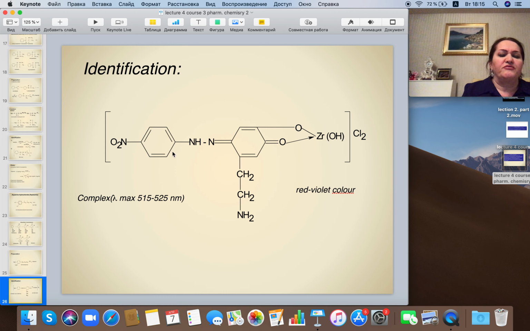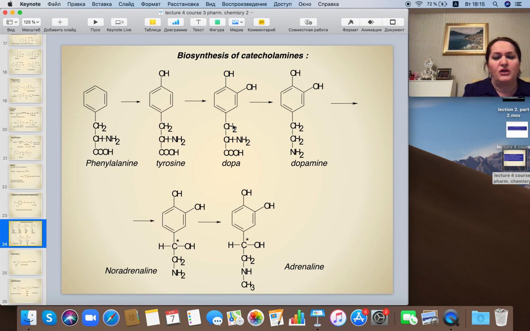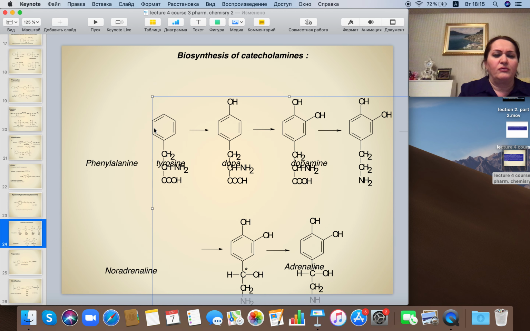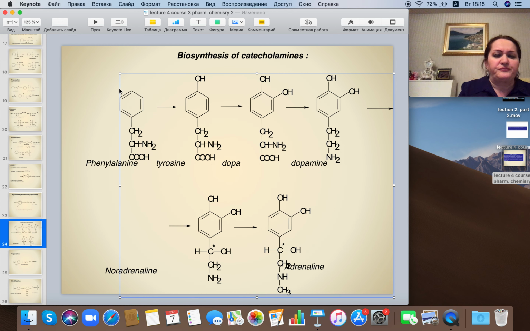When we speak about identification, I can say that all of these preparations, dopamine and the others, have phenyl hydroxyls in the structures, and you know that all of the phenols give a specific reaction with ferric chloride. Therefore levodopa, dopamine, noradrenaline, adrenaline give a reaction with ferric chloride and form a green color,